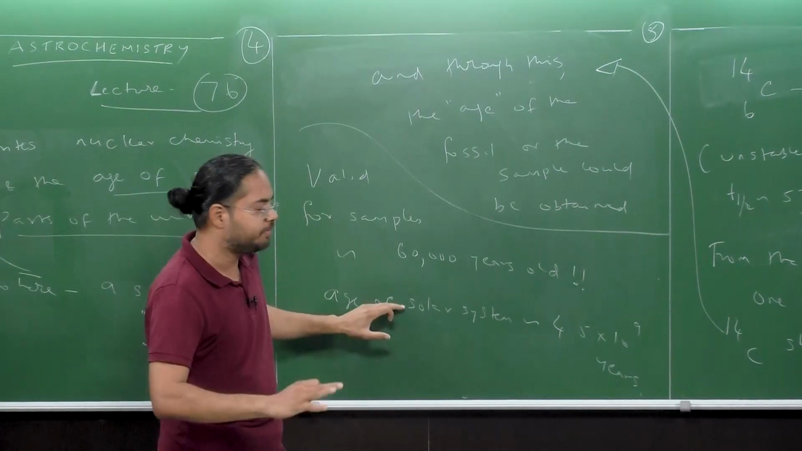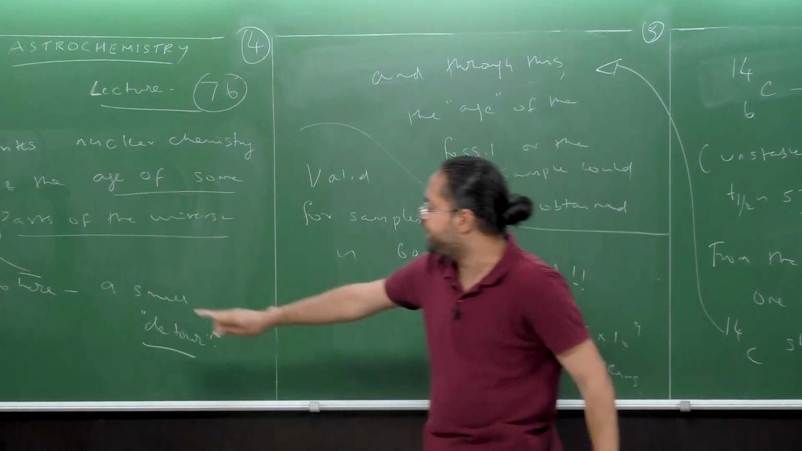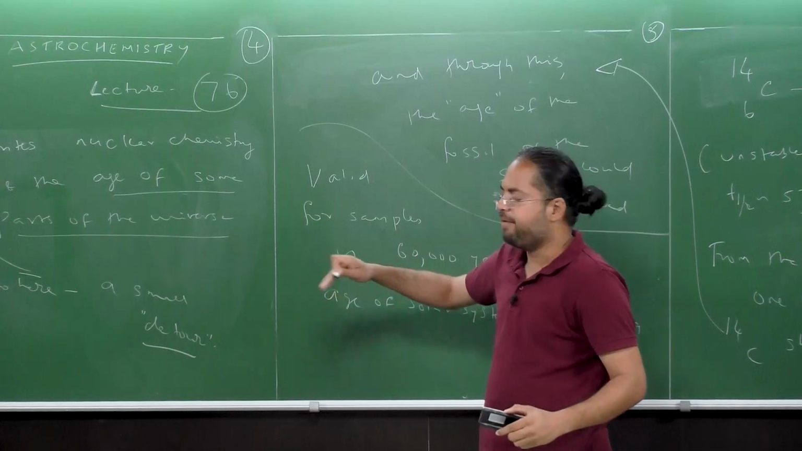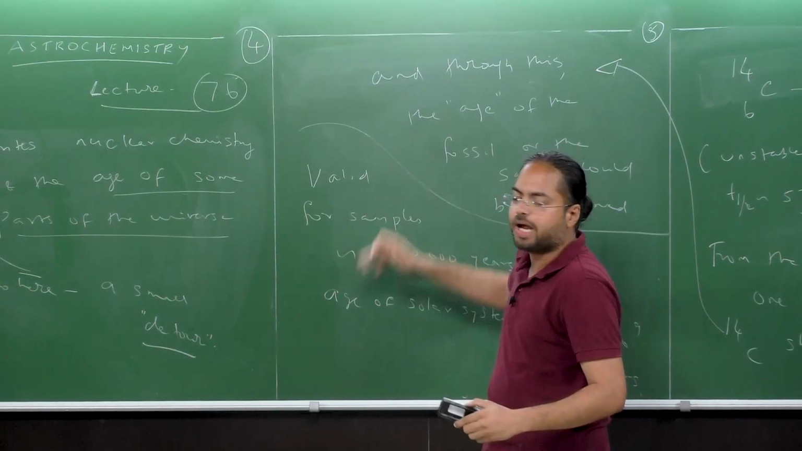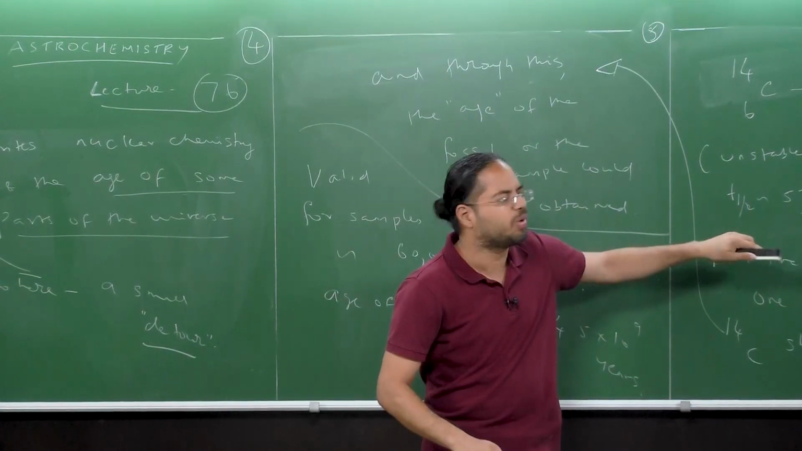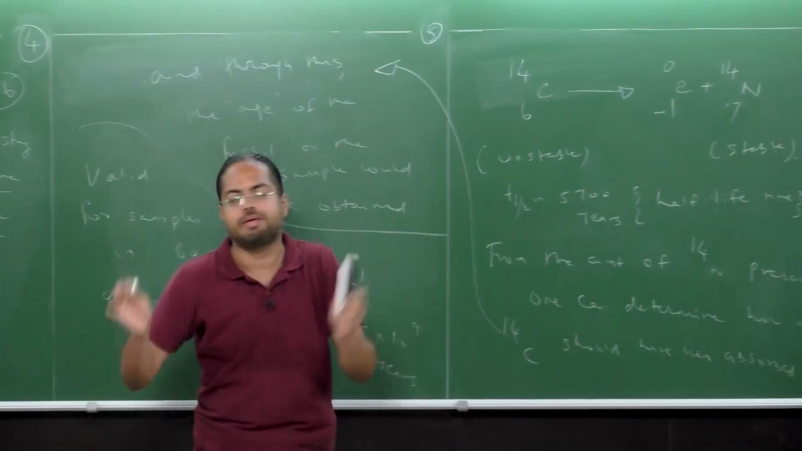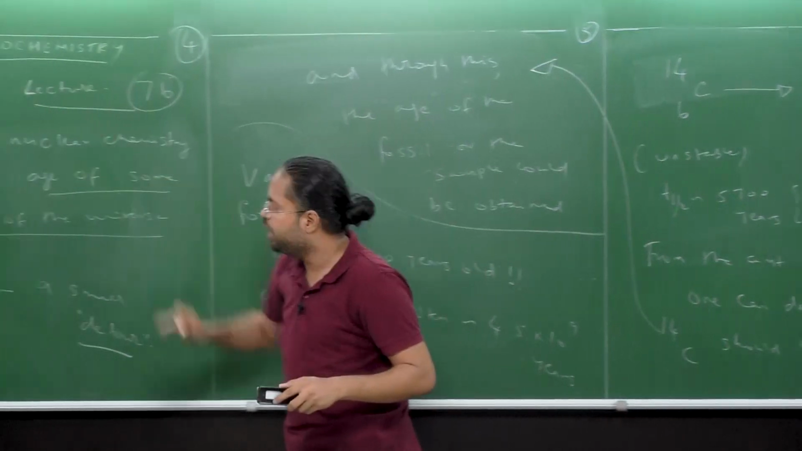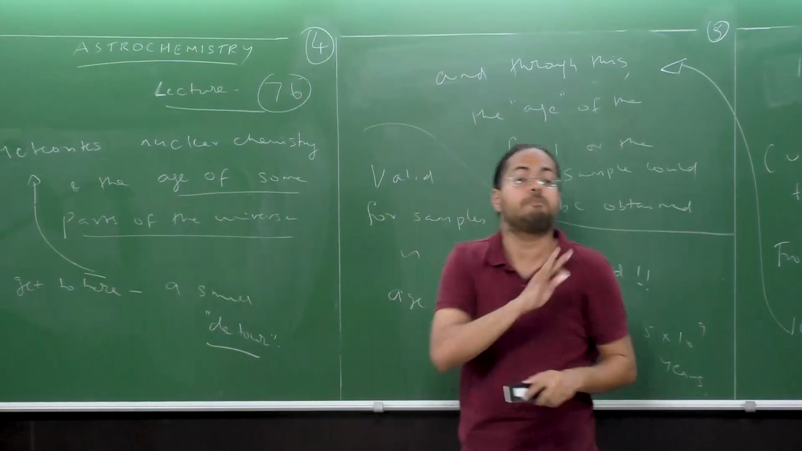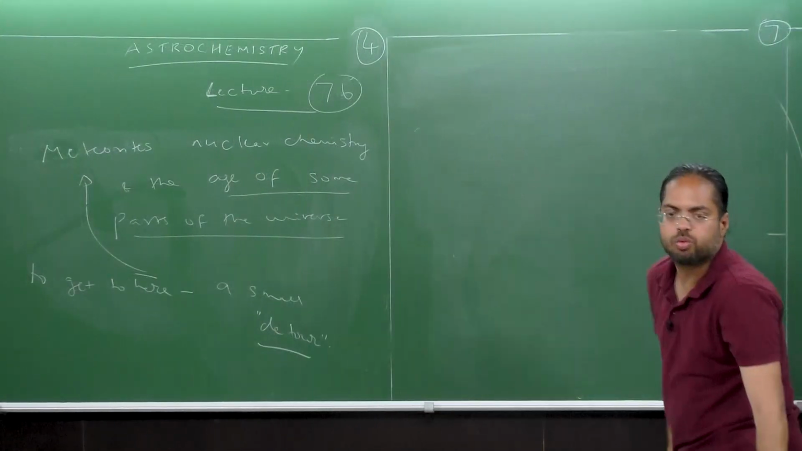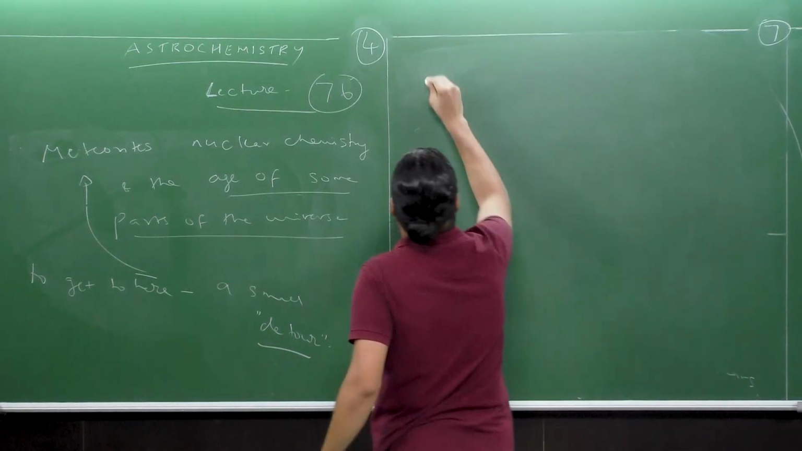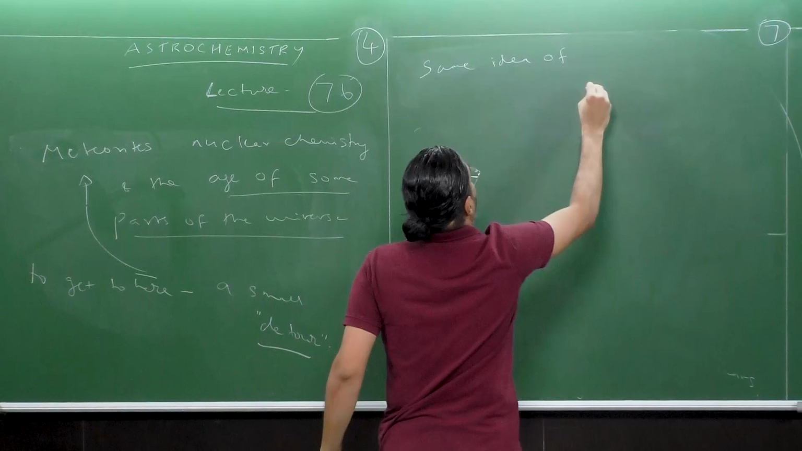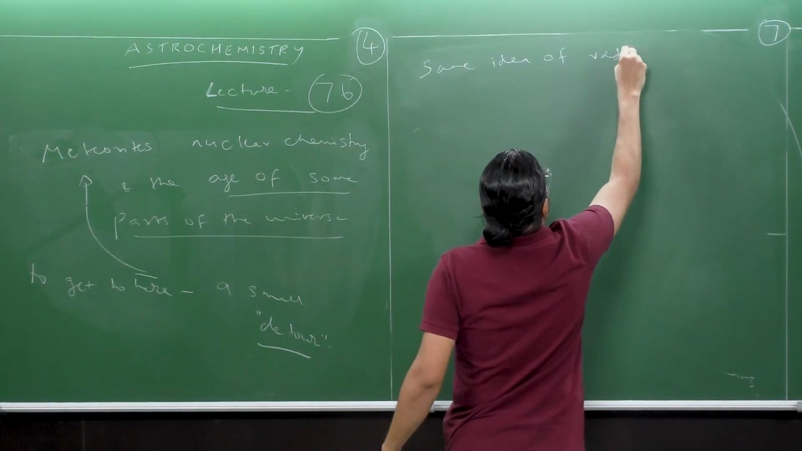I'll come to that in a bit. Okay, is that clear? So why did we have this detour? We had this detour so that I could tell you precisely that, followed by using the idea of radiocarbon dating. A similar idea could be adopted in the field of astrochemistry to determine the age of some part of the universe. Okay, so the same idea of radiocarbon dating